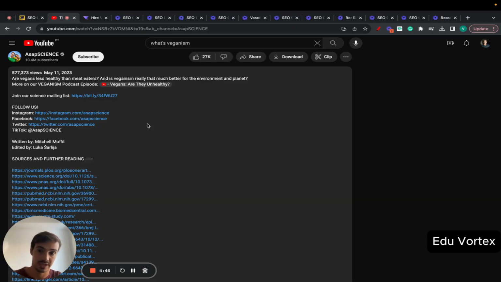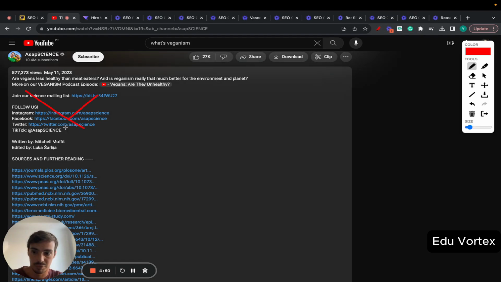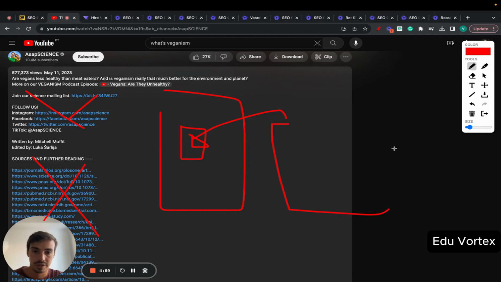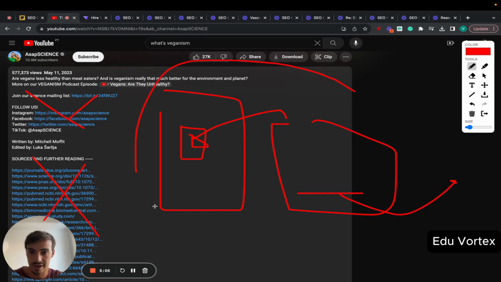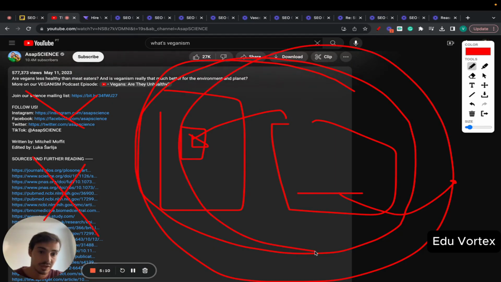So essentially, don't give people the ability to go out of the platform. People go on YouTube, click to watch the video, and if they go to the description, there's no way to leave the platform, because YouTube's goal, and any social media goal, is to keep people on the platform as much as possible. So they have an incentive not to have people click your links in your description. So when you can, don't add external links.